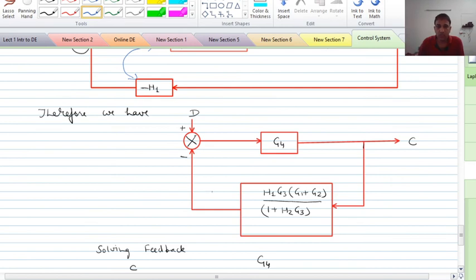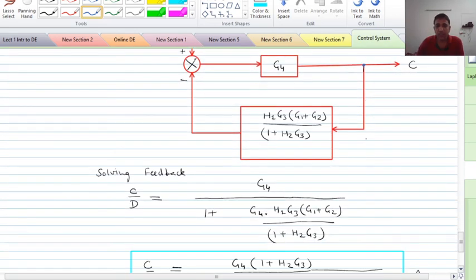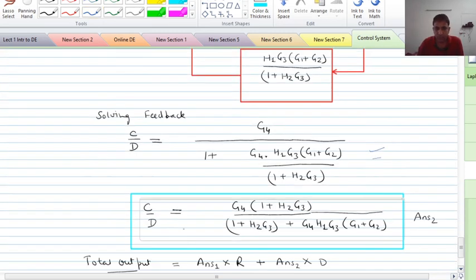So it looks like this, and it's a simple feedback circuit. Okay, so you can easily solve it using the standard formula, that is G4 divided by 1 plus G4 multiplied by H1, G3 multiplied by G1 plus G2, divided by 1 plus H2, and solving this we get the final result as